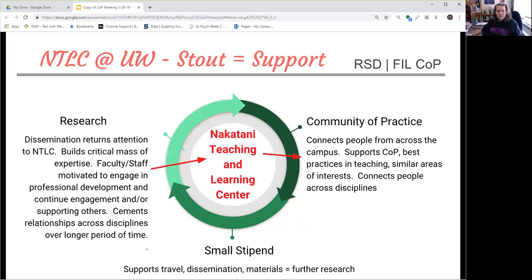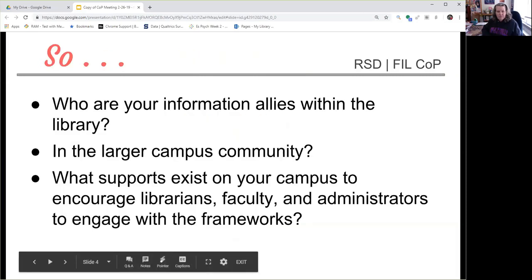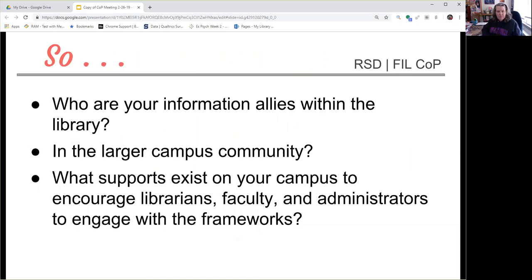So I can give you that from Stout. You asked a good question, Sharon, so I can give you that example. How about on your campuses? Is there anything like that? I can talk from University of Wisconsin-Eau Claire from multiple years. We have a strong Office of Research and Sponsored Programs. And then we've also developed a Center for Excellence in Teaching and Learning, which has done the community practices and all these kinds of things. So those are two avenues.